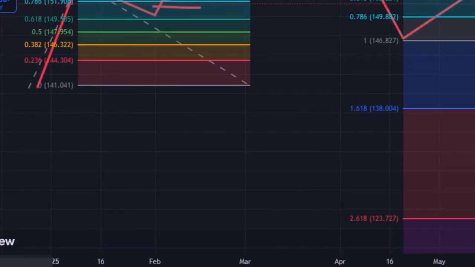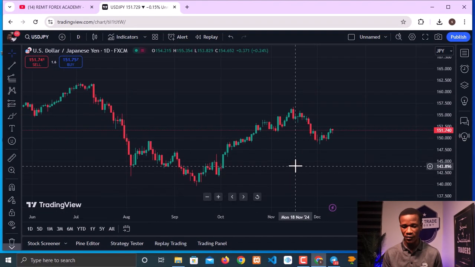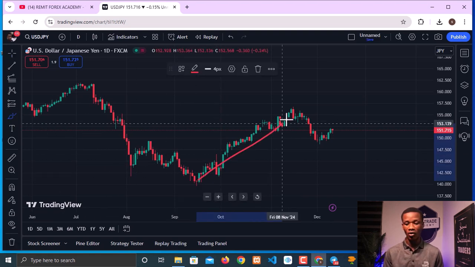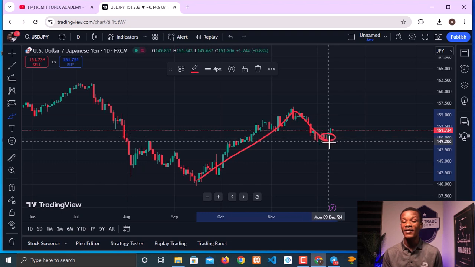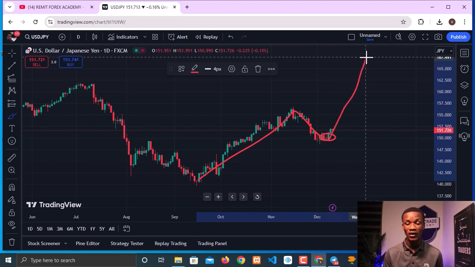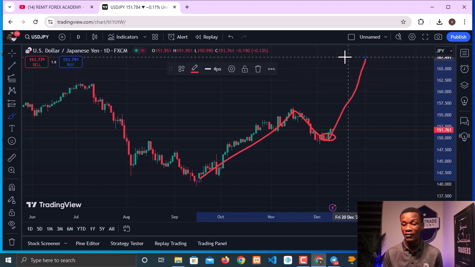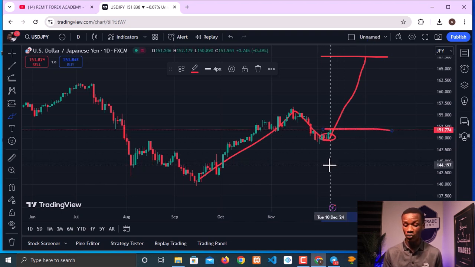Now, let me do it practically on the chart. I am using the USDJPY chart. Let's say, for example, this very market is moving upward. As you can see, markets move from this very area all the way to the upside and then retracement. So if you use the Fib retracement, you discover that this very retracement has ended and the next impulsive move is going to come into the market. So what we need to do is to use our Fib extension level to know where this very take profit target is going to be if we enter this trade at this very point and our stop loss is at